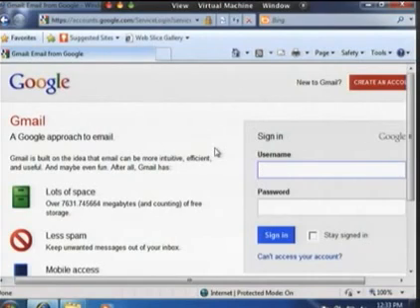As soon as they hit run, it redirects the victim back to the legitimate website. So I cloned Gmail, and as soon as I hit run, it redirects them back to the legitimate site, and everything looks like it's normal. Now,